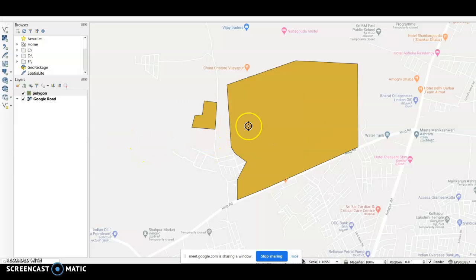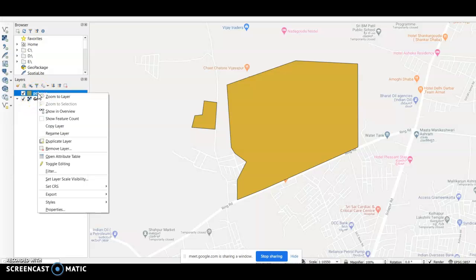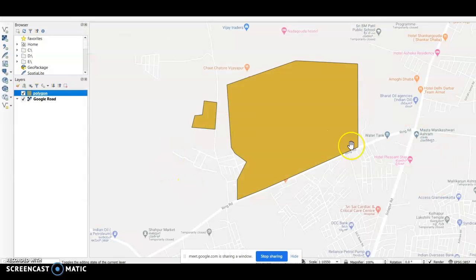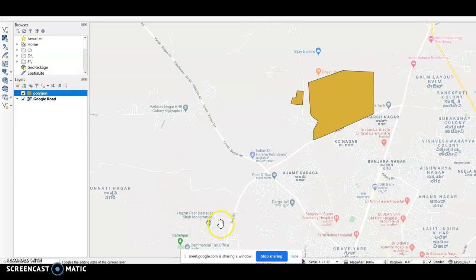Now you can see there are two polygons generated. Let us click save and then stop editing. Now go to the polygon and open attribute table. You can see that there are two layouts generated now. Earlier there was only Sukoon layout, now there is the second layout, which I gave as the name. Like this, you can create any number of areas by taking the reference of this map in the background, which is basically the Google road.